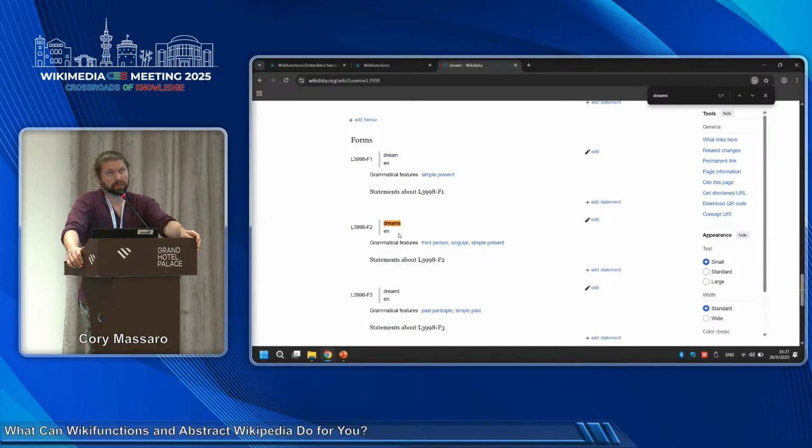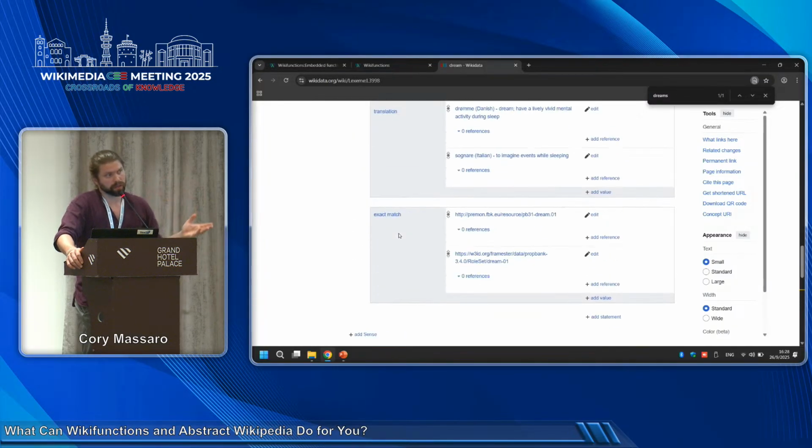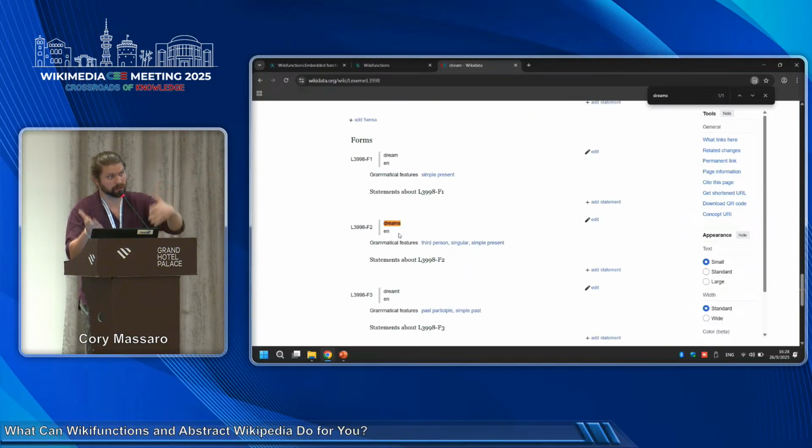Some of this stuff could be done automatically, and that means that instead of using just lexical data, you could augment that with wiki functions. Maybe one day we'd be able to automate the process of populating Wikidata, but that's historically been a hard sell for very good reasons. So that's one answer. One answer is just that we don't need to rely solely on lexical data.